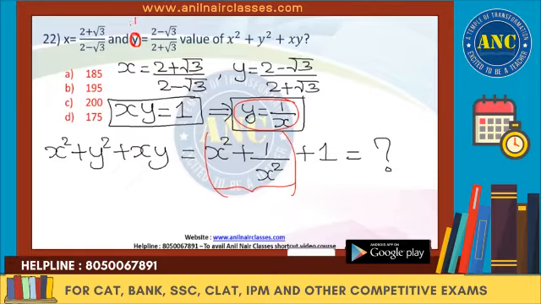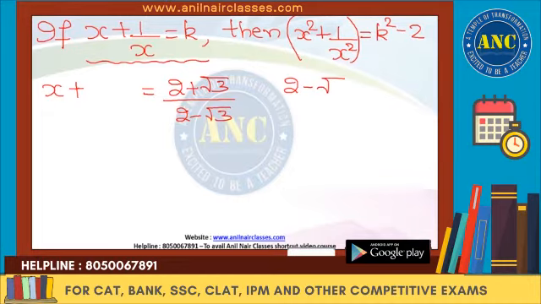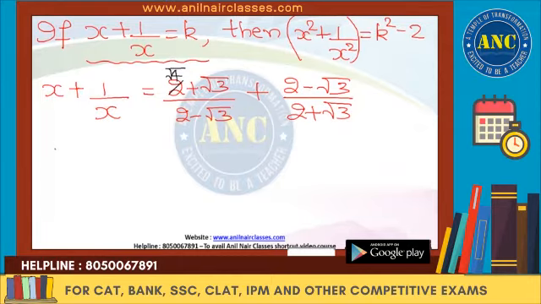That means this y, whatever they have given, is nothing but 1 by x. So, can I say that x is nothing but 2 plus root 3 divided by 2 minus root 3. Let me write it. X is nothing but 2 plus root 3 divided by 2 minus root 3. Similarly, y is nothing but 2 minus root 3 divided by 2 plus root 3. Whenever I want to find the sum of the reciprocals, I already taught you a very simple method at the beginning of the algebra topic, saying that this 2 can also be written as root 4. Whenever you want to find the sum of the reciprocals, it can easily be written as